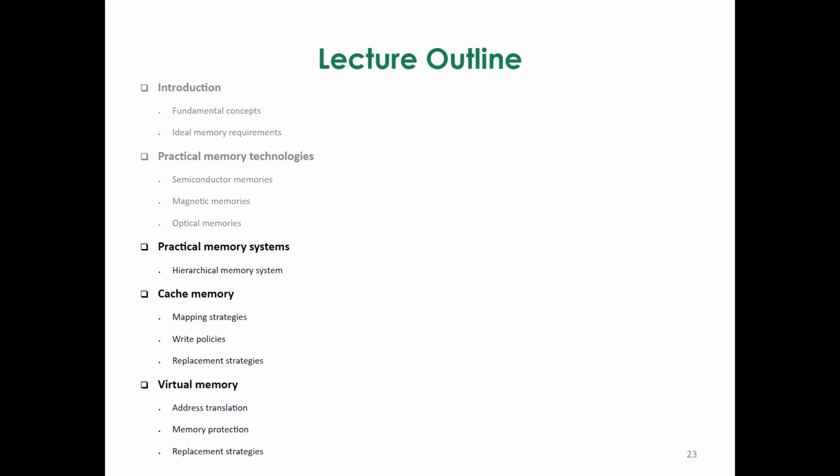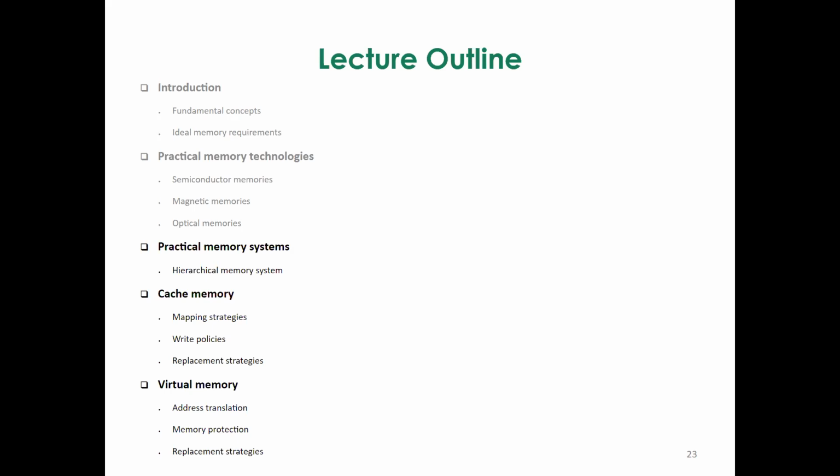We especially emphasized the ideal requirements that the processor has regarding memory: issues of speed, especially issues of size, even power consumption, and discussed that it is impossible to actually have a single memory technology that delivers all those